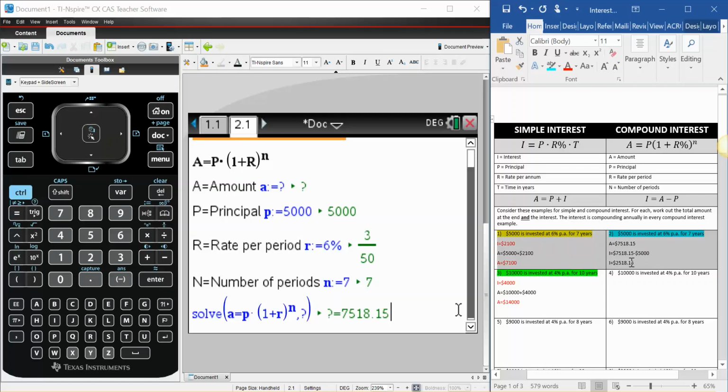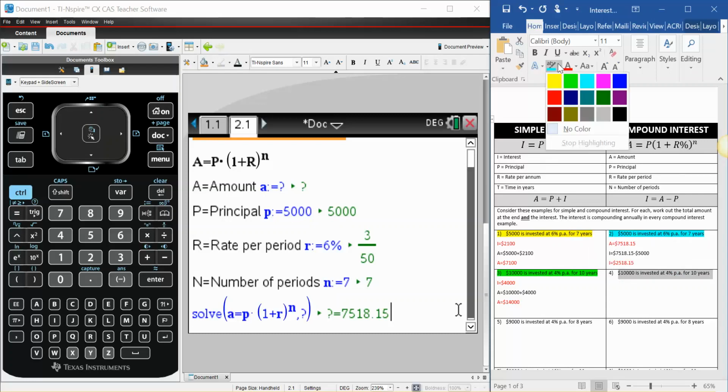$2,518.15. So if we analyze simple interest versus compound interest, you can see that if we've invested this money in a bank, it would be better for us to be compounding it rather than using simple interest because we've made $2,500 rather than $2,100 over the 7-year period. Again, very similar to simple interest when we are using